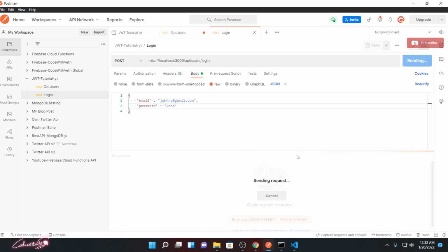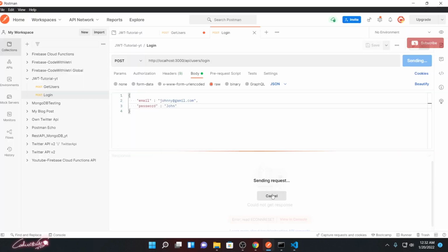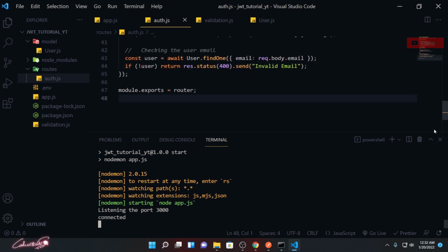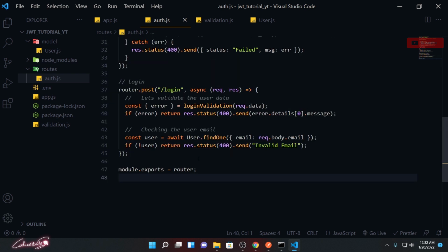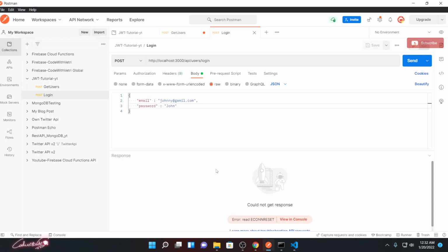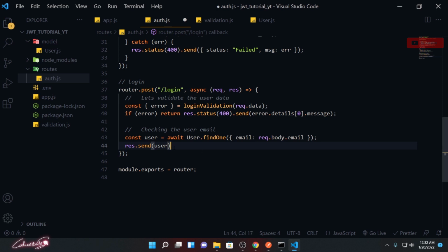Why? Wait. Response.send user. Let's check. If I click it, it's sending the user. But why is it not returning the custom message we are sending?